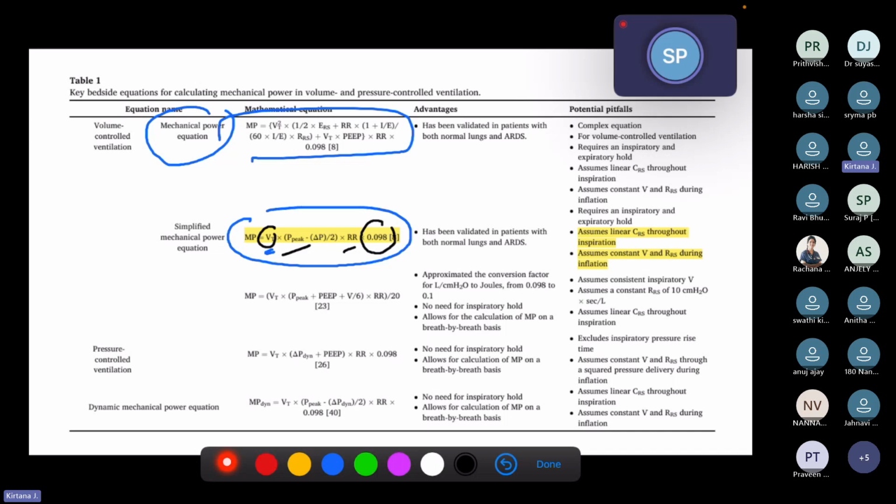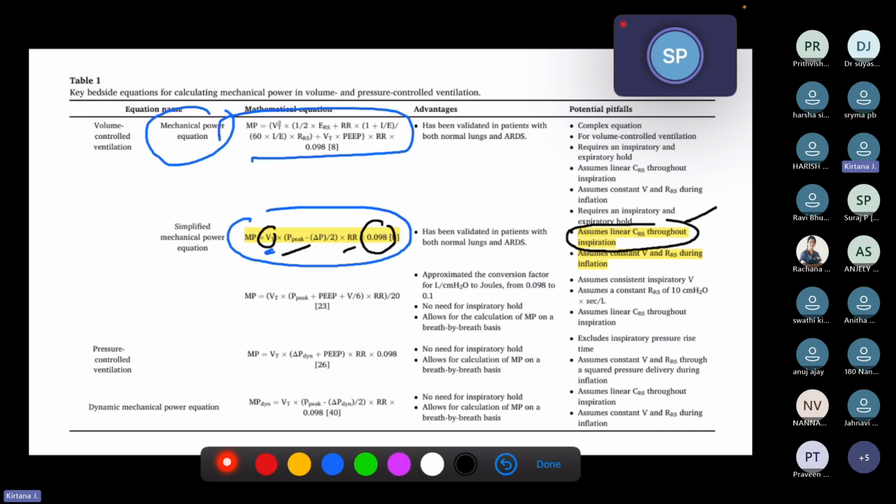So the power is directly proportional to the volume, to the respiratory rate, and the difference in the P peak minus the driving pressure. But the fallacy is, to derive this equation, there are two things that have been assumed. First is that the compliance of the lung is constant throughout inspiration, which we know is not true. As the lungs become more and more distended, the compliance will go down,